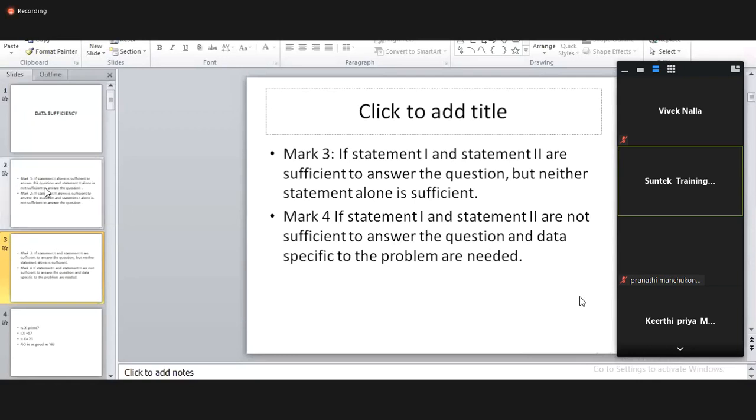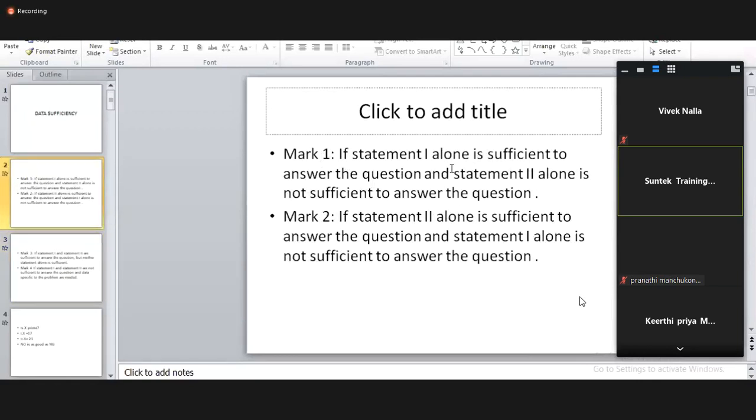Okay, once, please note down the instructions. Mark 1 if statement 1 alone is sufficient to answer the question, and statement 2 alone is not sufficient to answer the question. If statement 2 alone is sufficient to answer the question, which means when statement 2 is correct, statement 1 is